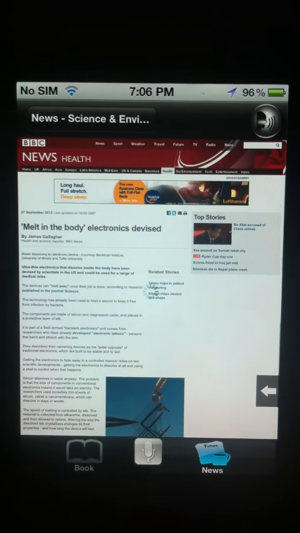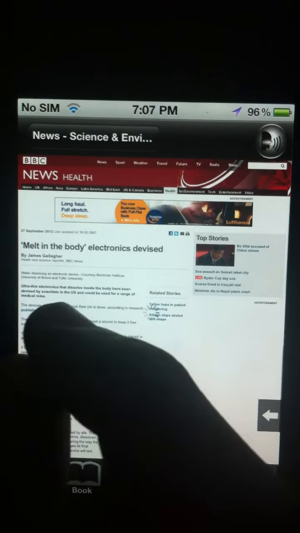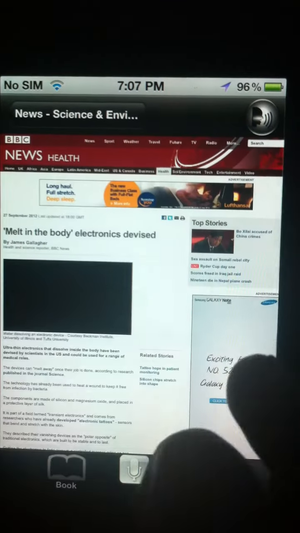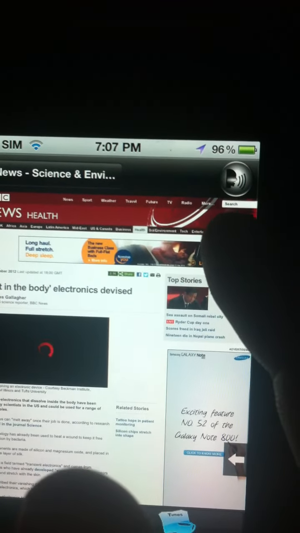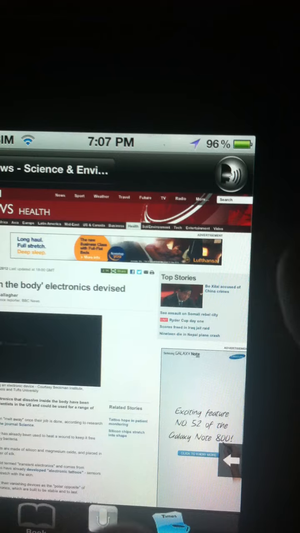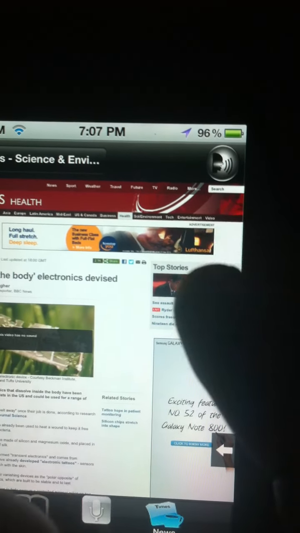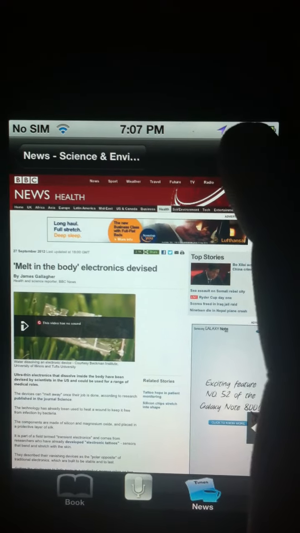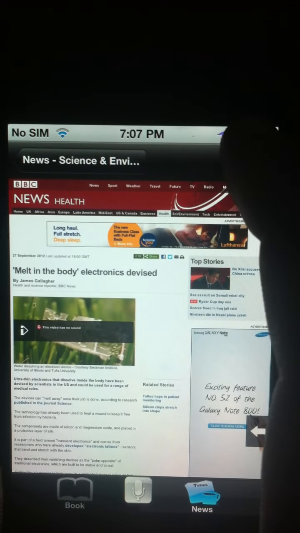So I have two options to read my news, that is by reading the news contents myself which are present here, or I have a button placed at the top of my header section. So I can press the button and the app will read the news for me. So tapping on that button,